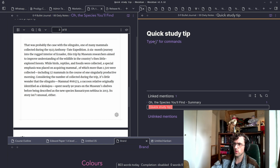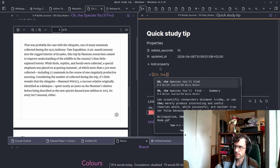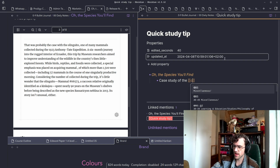Okay, so the main point here, the title I would give this paragraph. So let's say I am writing about the species you'll find, and I'm actually just going to tag that here. So I've got the species you'll find. Then under that heading, I've got different paragraphs. Now I've got my paragraphs that I've already stated, but if I take this paragraph, I'm going to say a case study of the, and I'm actually going to tag that,